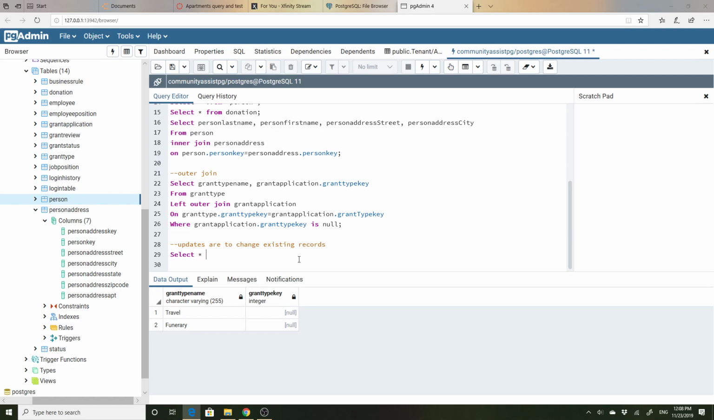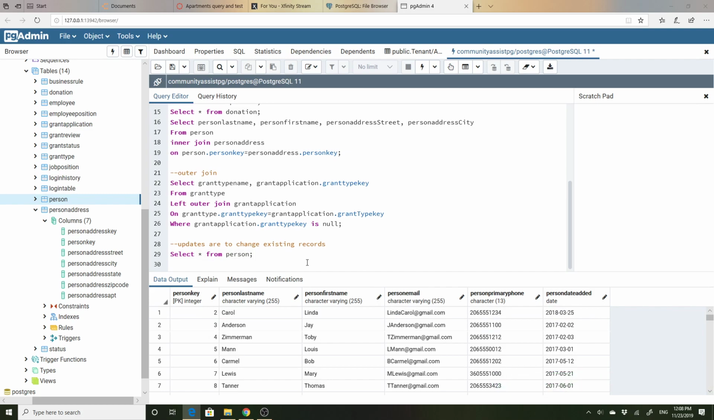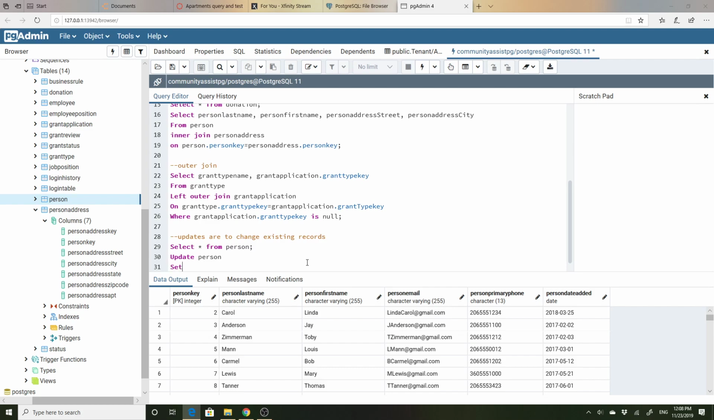So I'm going to select star from person. This is just to look at it. I just want to look at person again. Okay, so we're going to do Linda Carroll because she's right at the top. So I am going to say that her last name was spelled wrong. So I'm going to say update person. So you say what table you're going to update. I am going to set person last name equals, and with single quotes, Carol,